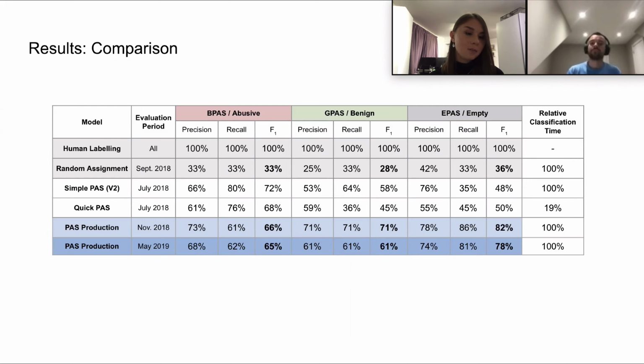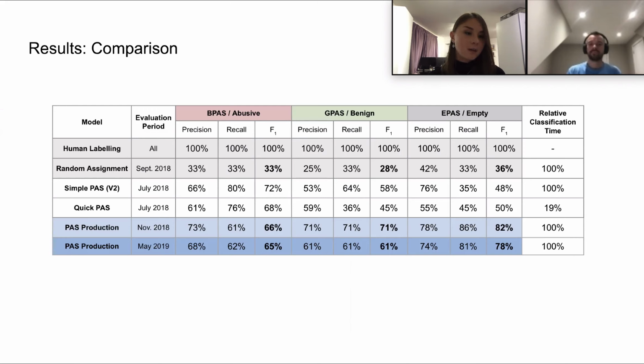Random assignment provides a lower bound to compare models against. Any model with lower precision and/or recall than random assignment would provide no value and would even be detrimental in evaluating experiments. Our proofs of concept demonstrated that this approach could be valuable, each performing better than random assignment initially. Pass production strikes the best performance balance between classes and outperforms earlier versions. It is the only model to have F1 scores above 60% for every class.